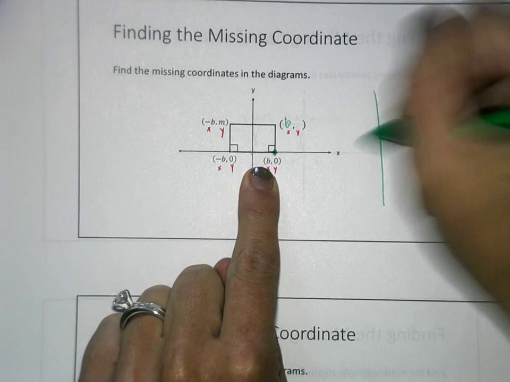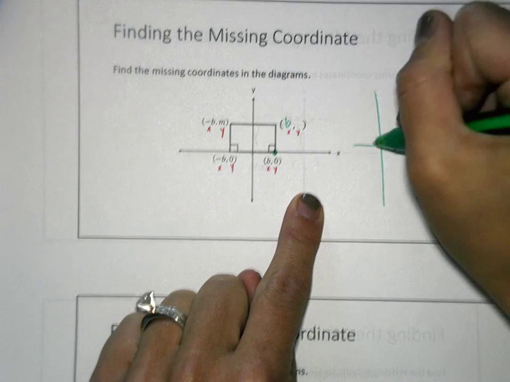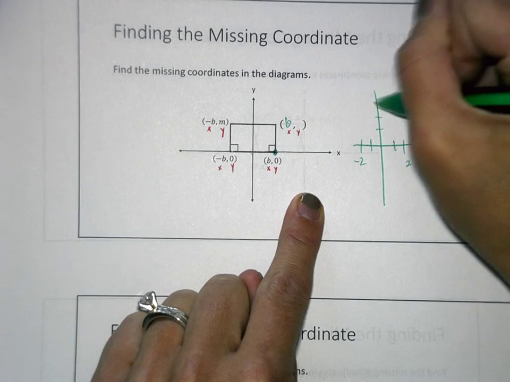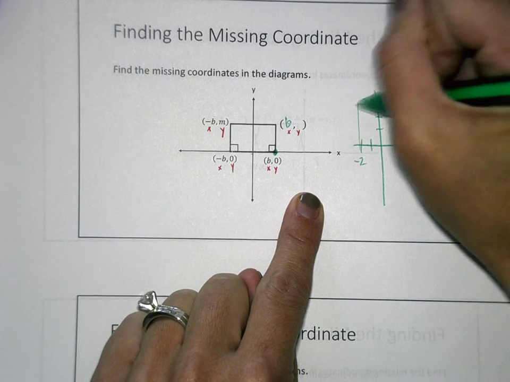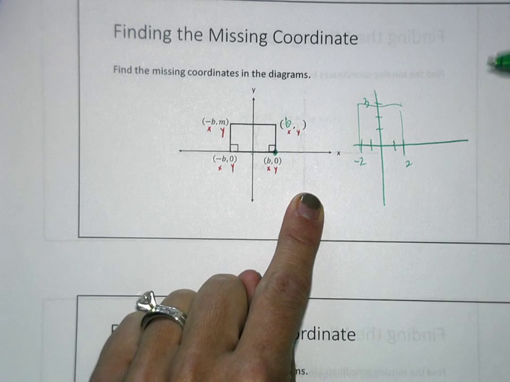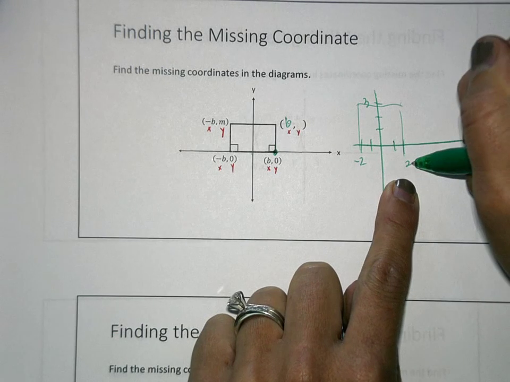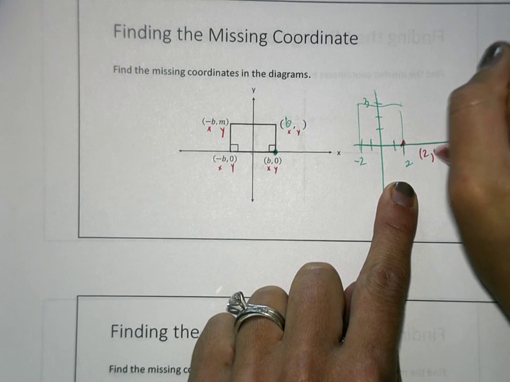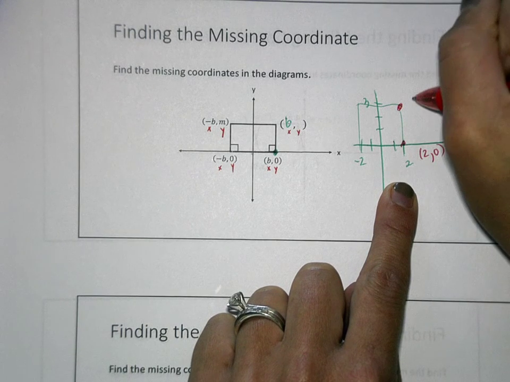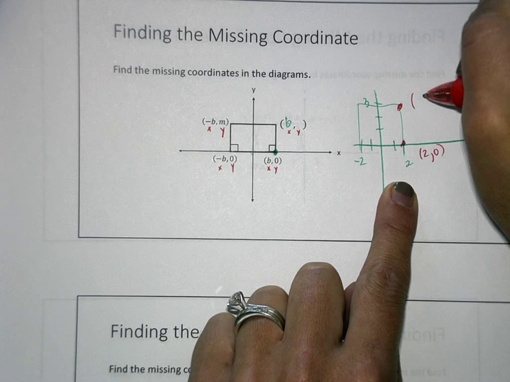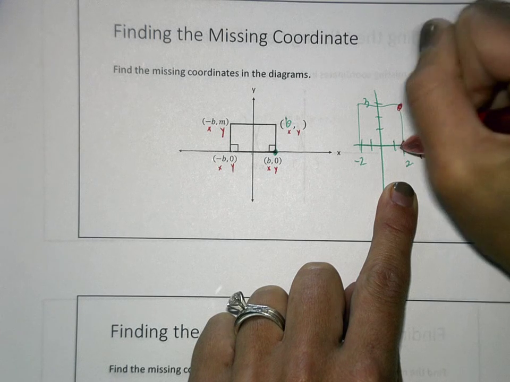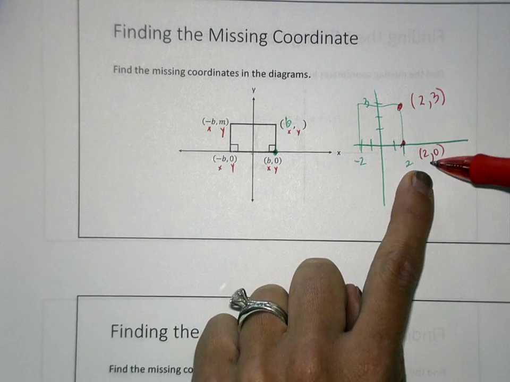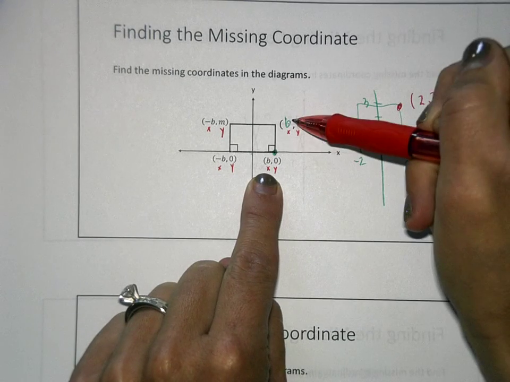And I'm just going to draw another grid here, okay? Let's say this is -2, this is 2, and 3. If I drew the same figure here, this point right here is 2, 0. What is this point right here? 2, 3. Over 2, up 3. So it's the same idea here. We're going over 2, we're going over B, so that means that has to be a B,